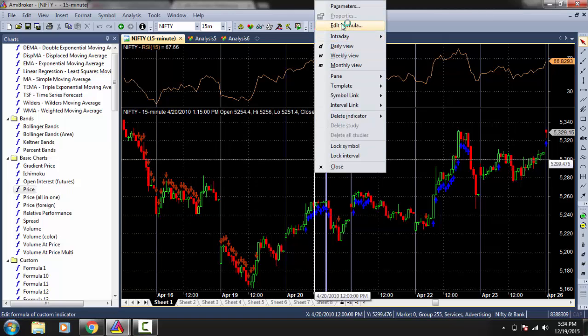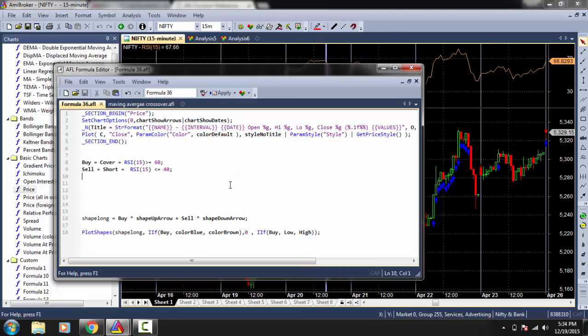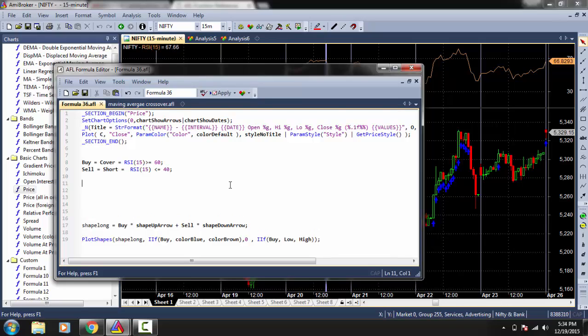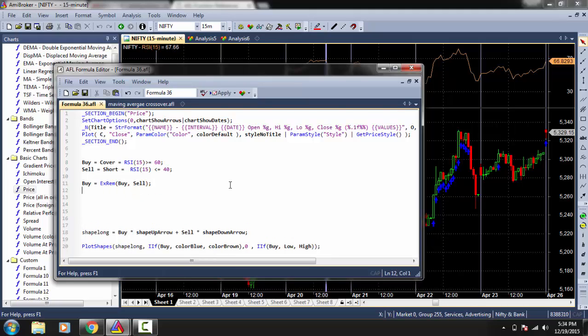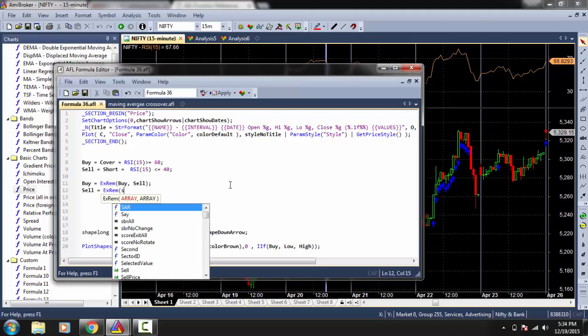So that's where the XREM function comes into play. You basically assign XREM to buy also. So here's the code for that. Buy is equal to XREM buy comma sell, and sell is equal to XREM sell comma buy,